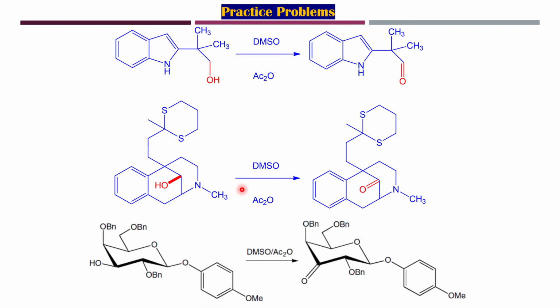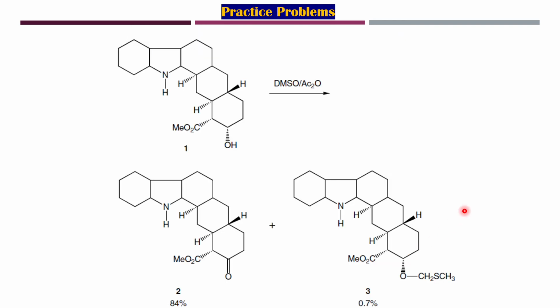Again, this is hindered, okay, and it will get oxidized to the C double bond O. This is not hindered, I would not say this is hindered, but again, this can be oxidized to C double bond O along with some other intermediate being formed over here. Okay,